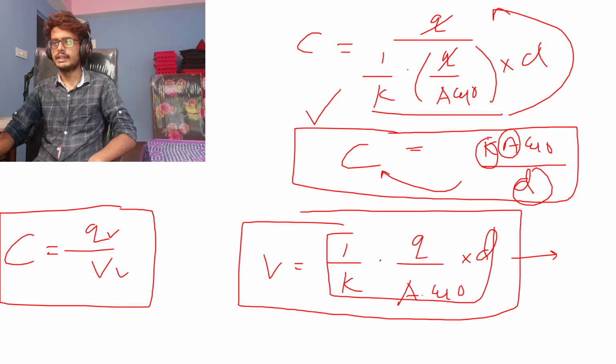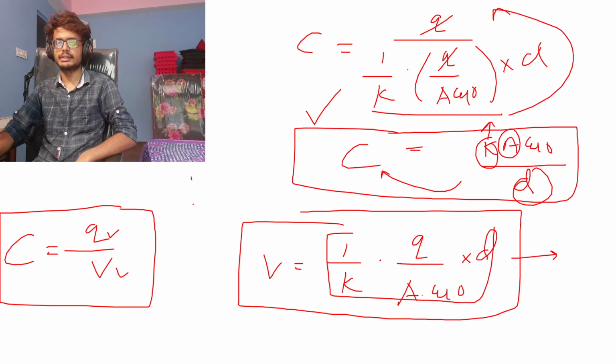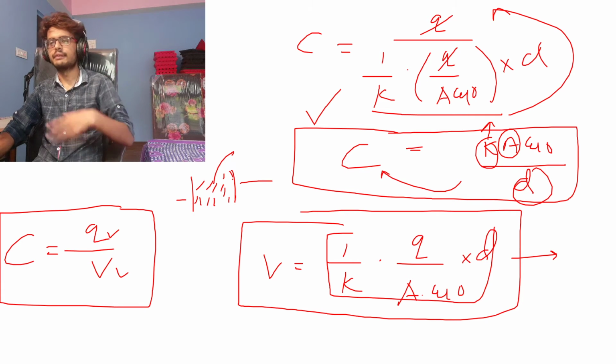Okay, so K is the dielectric. So dielectric means the thing that is in between the two plates, right? So what fills the gap between the two plates? So two plates of a capacitor, right? What fills the gap between them? So that is the dielectric, right? And that dielectric can be anything. Can be like air, can be like foam, can be anything else. Okay?